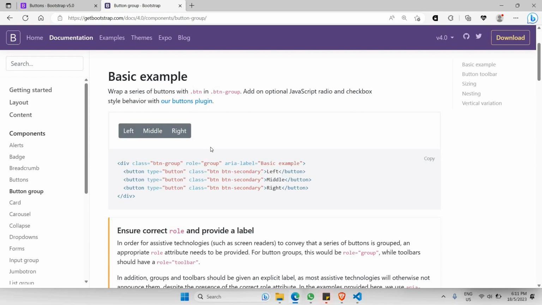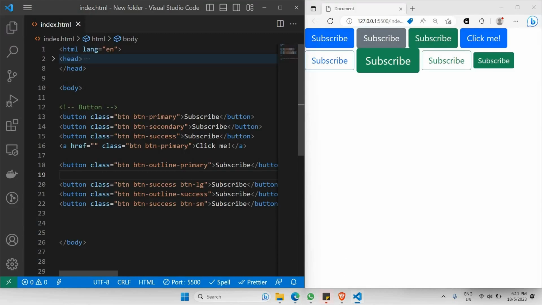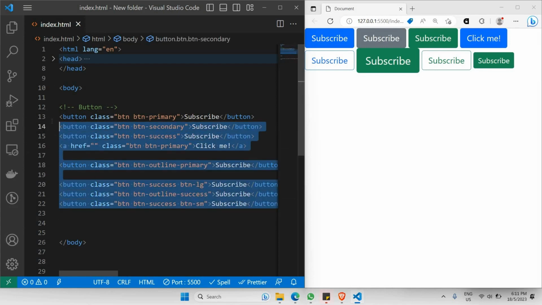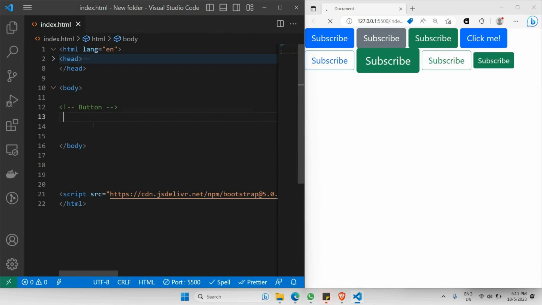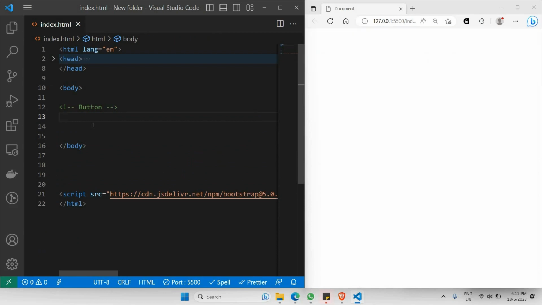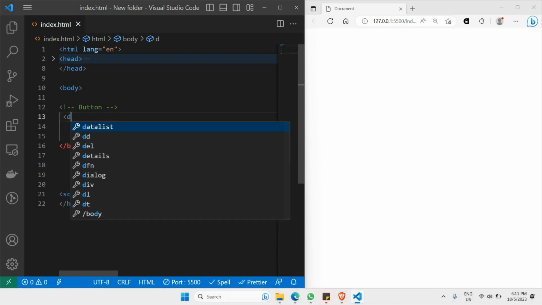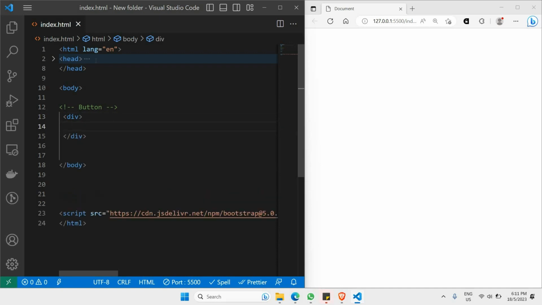And let's actually make use of this particular code. As you can see inside our code right here, we happen to have many buttons. So in this case I like to remove most of it and start from basic. I like to just make use of button groups. So I like to add a div, and inside this div, by the way, I like to have the class to be btn-group, just like this. And of course, inside this div right here is where we'll be placing the button tag. So in this case, I like to add button,